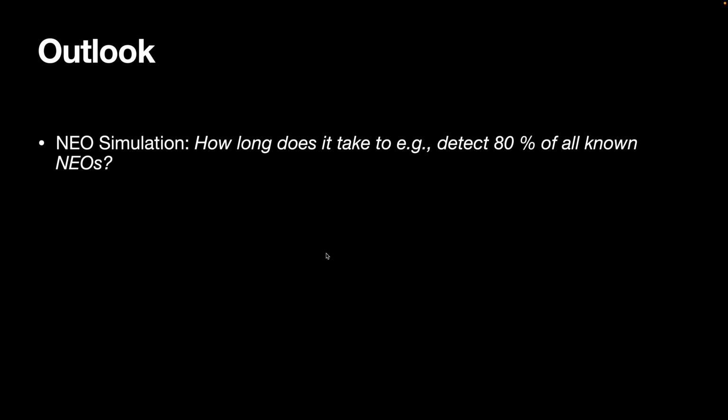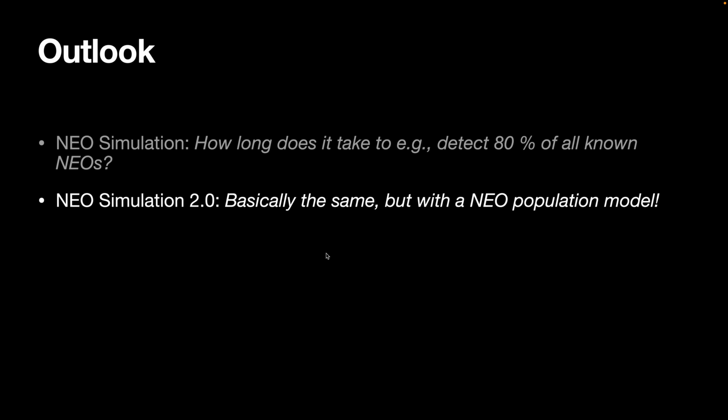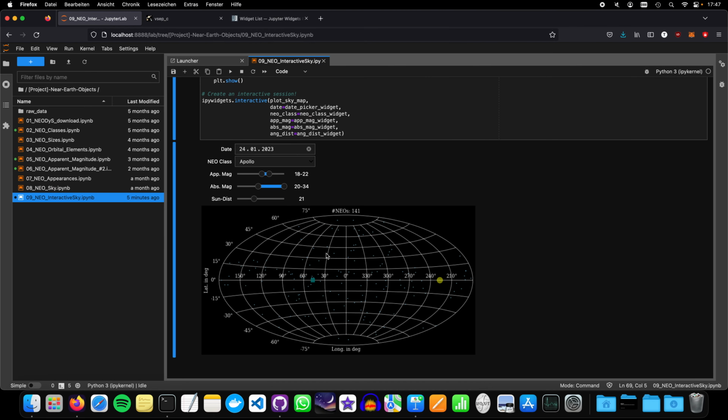We will also do the same thing with some NEO population model, because this here is not a model, these are actual values. So of course there is a certain bias, maybe in orbital elements and so on. But we have a lot of NEO models, like the model from Bottke or so, where we have artificial NEOs with a hopefully unbiased absolute magnitude distribution and unbiased orbital element distribution,